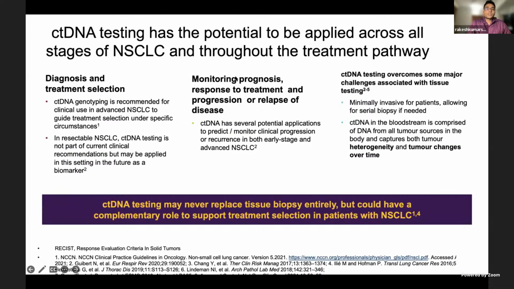So, a brief about circulating tumor DNA. This is now the talk of the town in the recent past, as it is less invasive, patient friendly, and the turnaround time is less as compared to tissue testing. So it can be used for establishing the diagnosis. The basis of this test is that some tumor DNA or cells are circulating in the blood, which can be detected by molecular techniques. Although this is not an approved modality, it may become a technique of preference